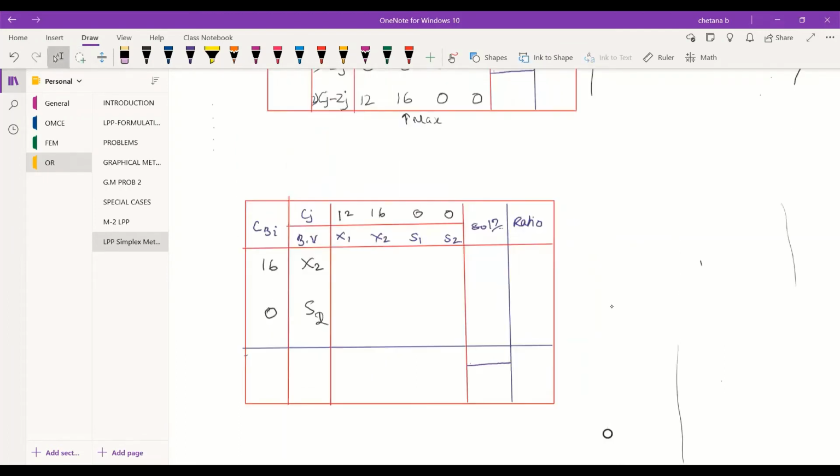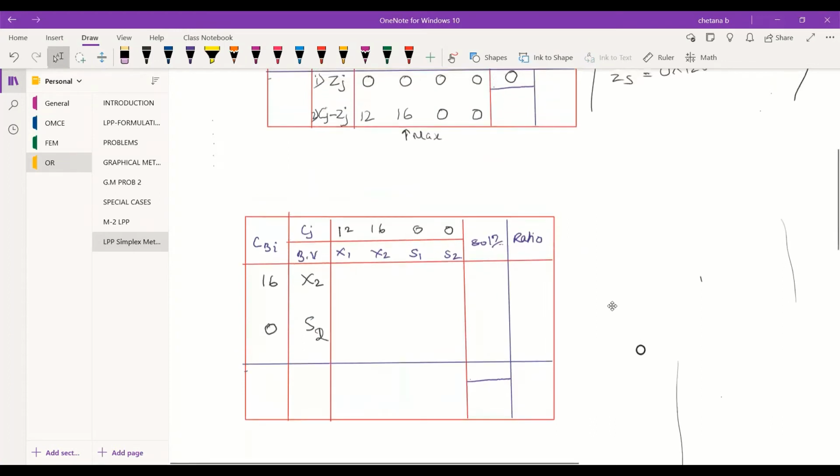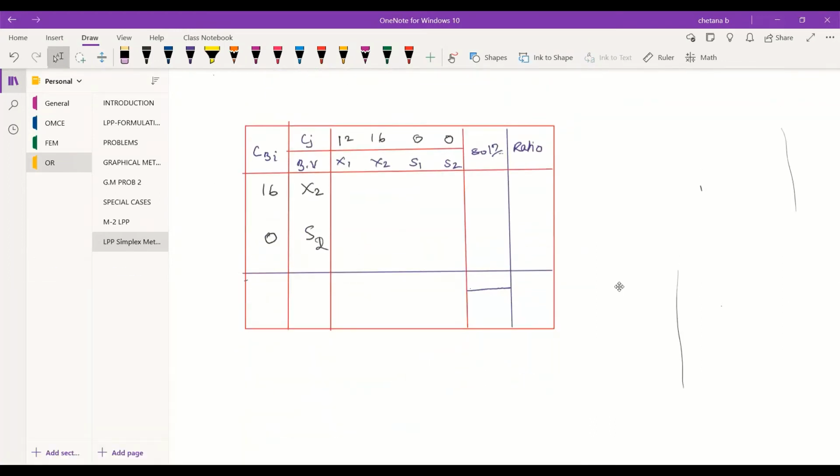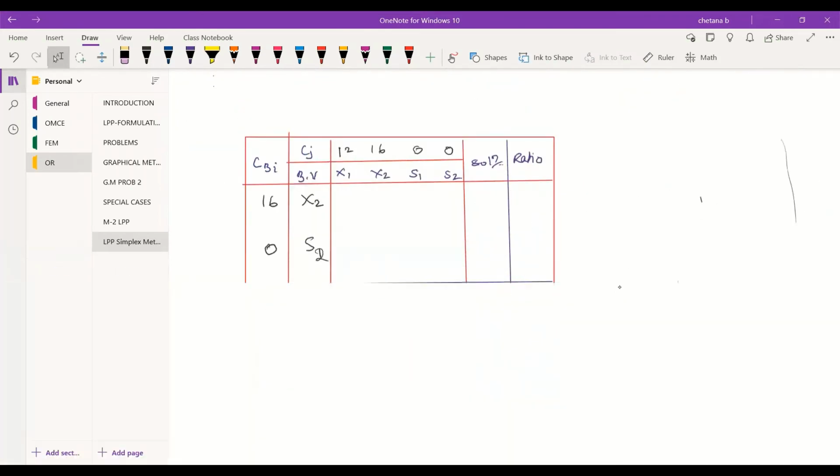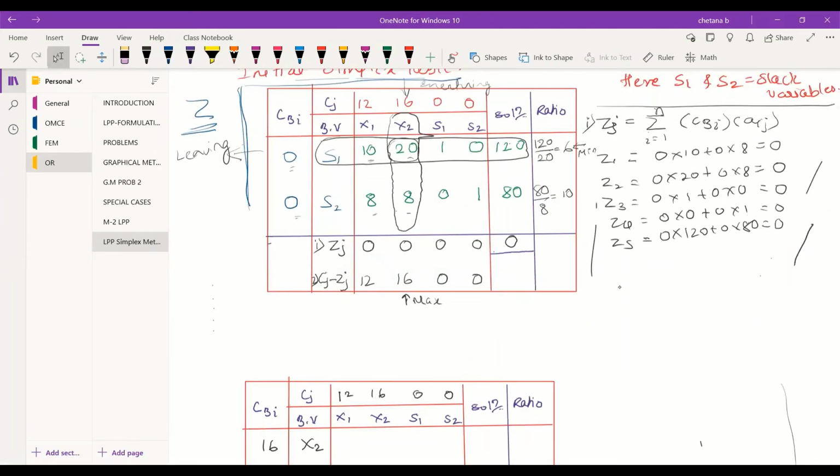Okay, now you can see here. For the first row, you need to divide whatever values you have, the array values, aij's, with the key value.